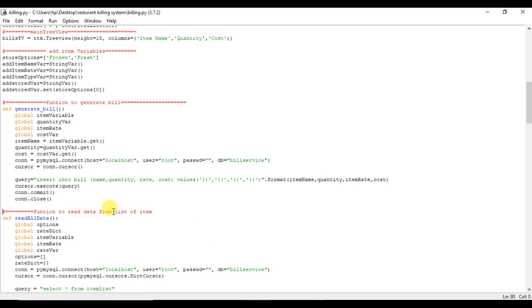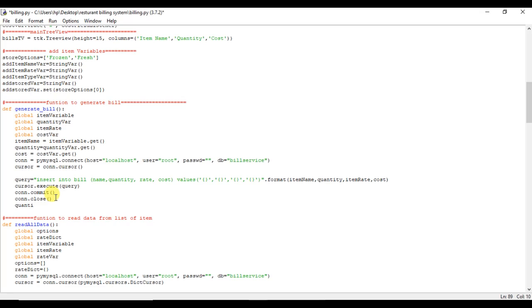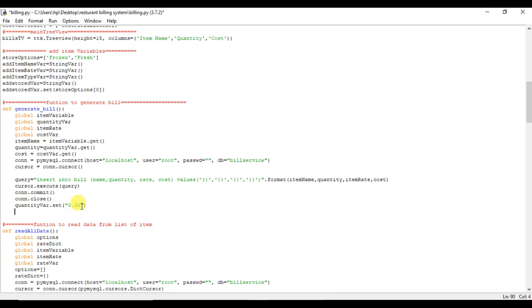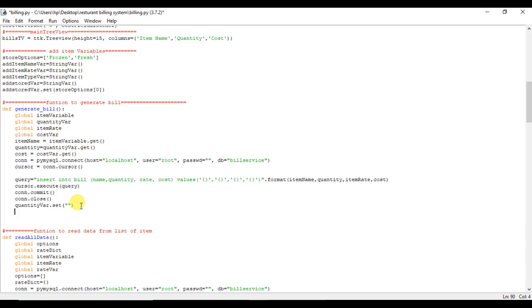Now here I will reset all this data: item not needed, quantity and cost. I will set this to 0.00, this to null, nothing for now, and dot set to 0 for this and 0 for this. Now it should be done, and I will define one function